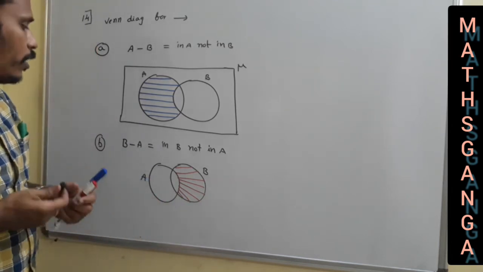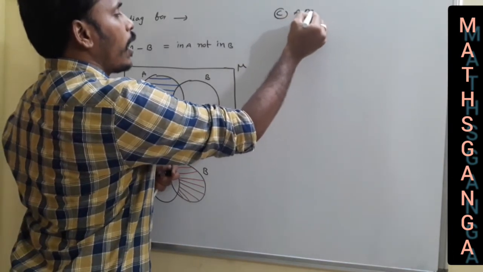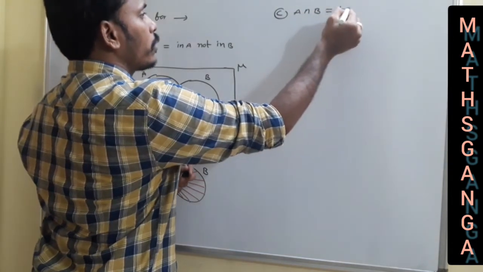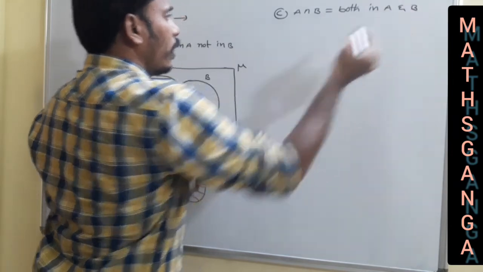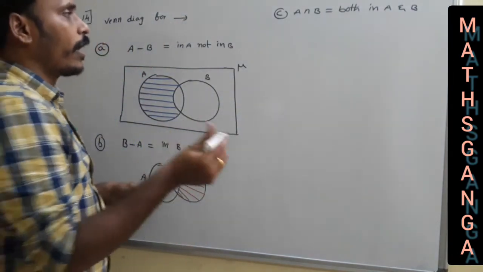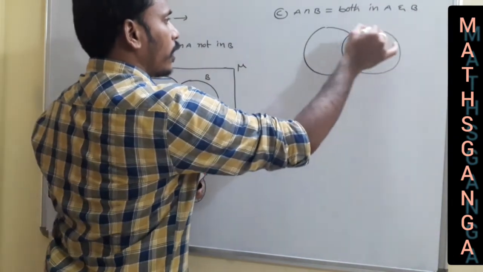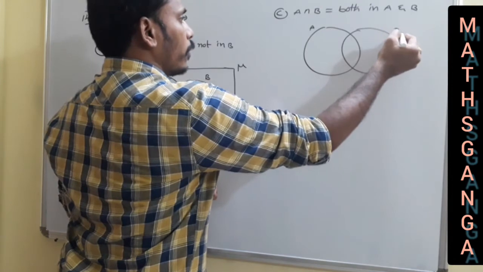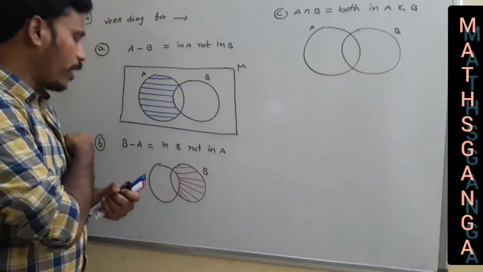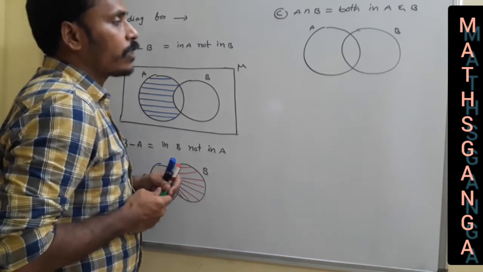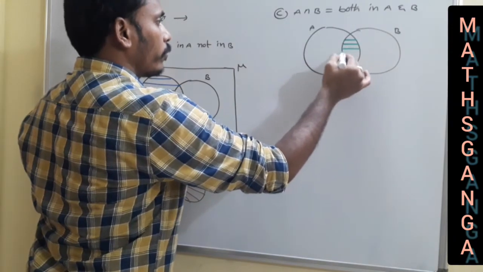And the next thing is C, where I can represent A intersection B. As per the definition, A intersection B means both, that is, both in A and B. In both the sets we need to indicate. So again you just take two circles, one circle for A and the other circle for B. A intersection B, in both A and B. For both A and B, the region is this. As we mentioned in the previous case, the region is region 1, I think so. This region I need to indicate.